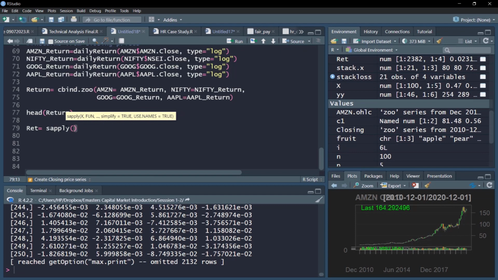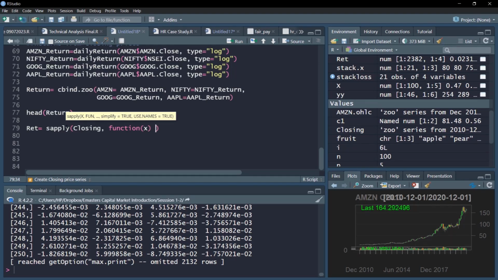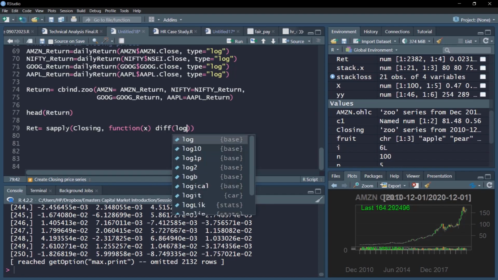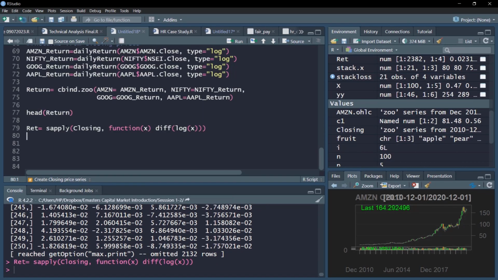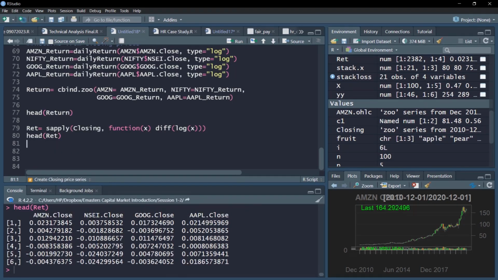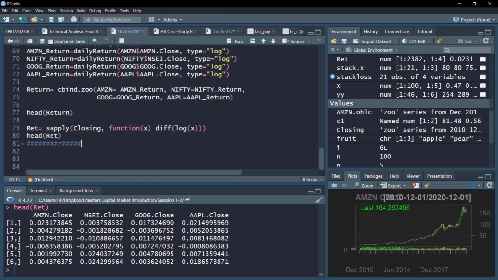I can simply use the closing series that I have created. Now I will just define the relevant function, which is difflog. Difflog is like first you take the log and then take the difference, which is again the log return version. So I can apply that, and with this also I can compute the returns in a rather simple and more parsimonious simple line of codes. I can create the return function, so that is also there. You can create that.